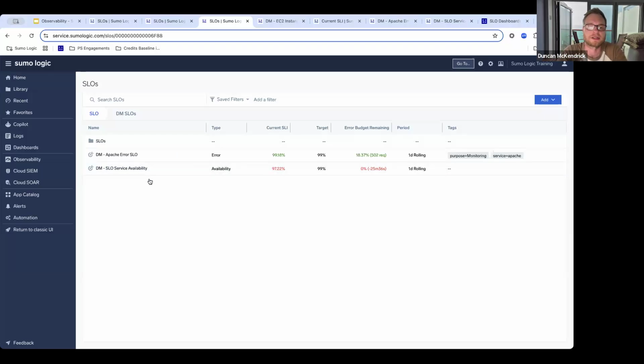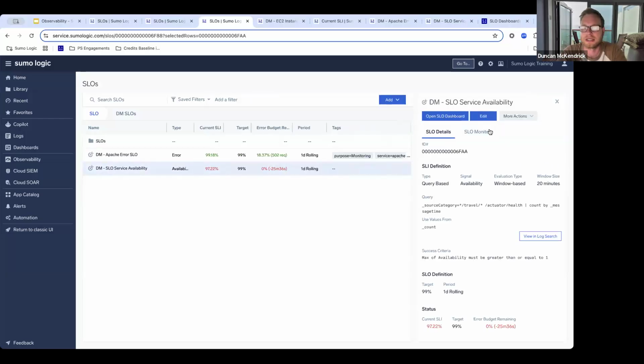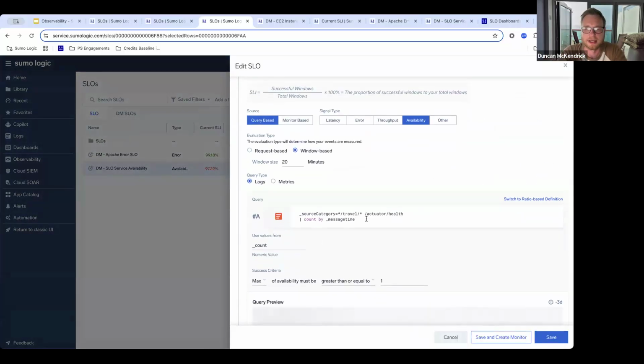But let's just take a look at this one. Let me just go into the edit menu of this one because we didn't do that earlier. So as I said, this one I'm kind of cheating, but a lot of services, especially microservices I've worked with in the past. So if you're looking at a microservice architecture where you have multiple services, say running in Kubernetes or something like that, we tend to have health checks. So what I do for this one is I'm looking for health checks, and if the health check is success, as I said, I've kept this basic, but it might be that you're looking for successful health checks or failed health checks, and basically I do a count of these,